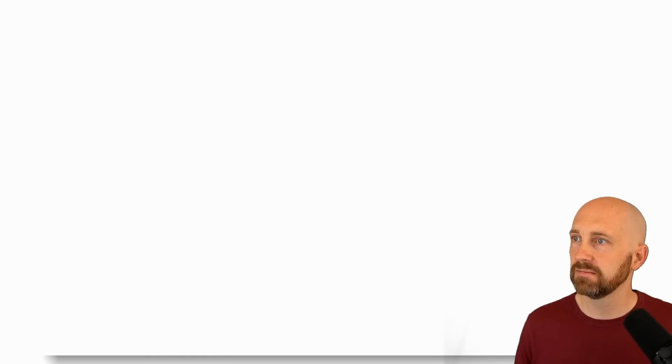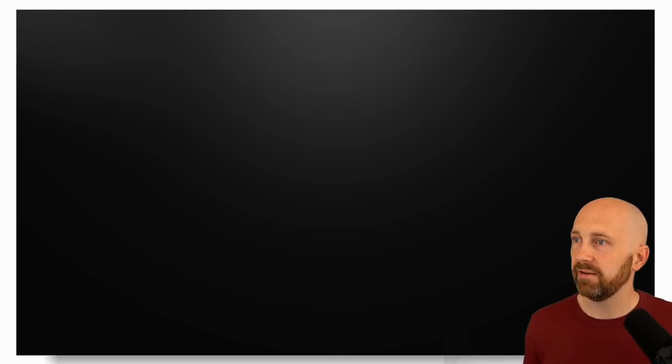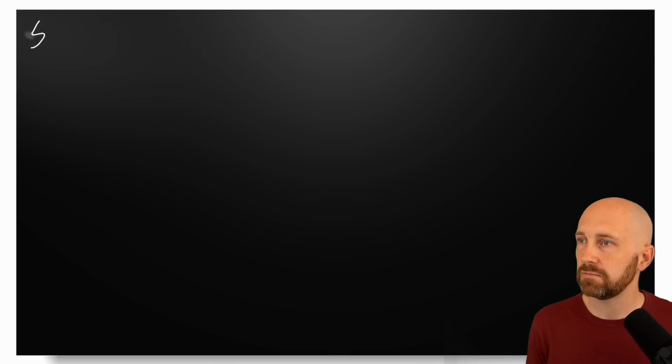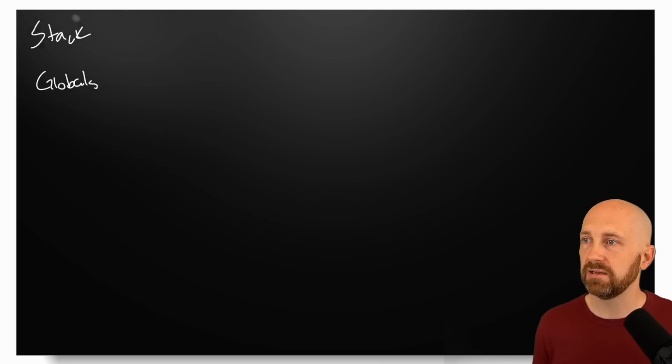So my call stack, let me go to a smaller pen here. All right, so I have a call stack here. And my globals frame is specifically for the file imports.py, right? So lessons.imports is my module, right? So I'm going to go ahead and just make a note of that. We'll see why this is important in just a moment. So this is lessons.imports